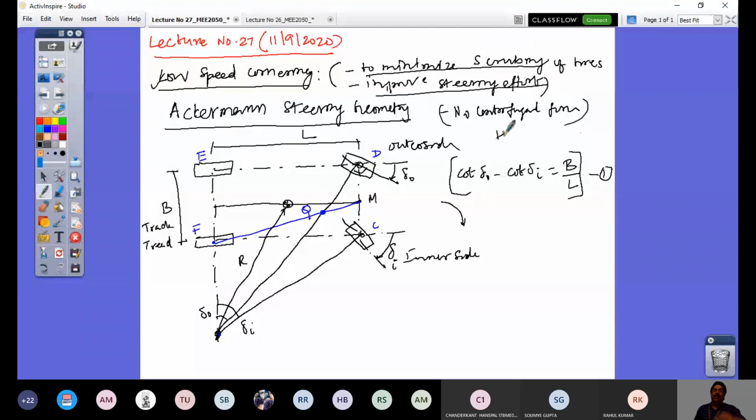Right, so we do not worry about the mechanism of development of slip angle and so on. That's all needed when you are going for high speed cornering. So now continuing with what we are doing, we just connected this midpoint of the front axle to the